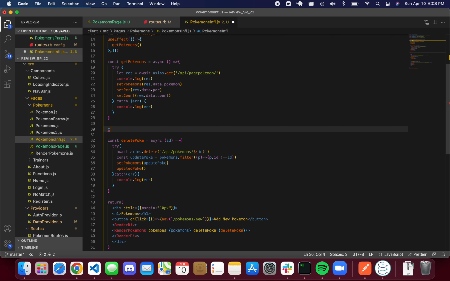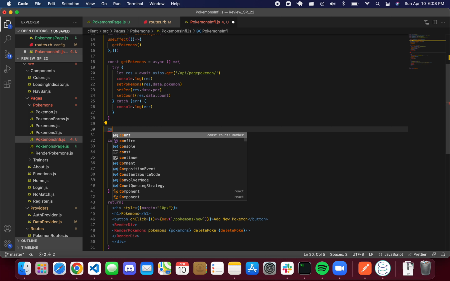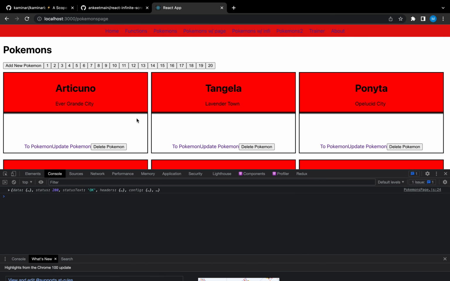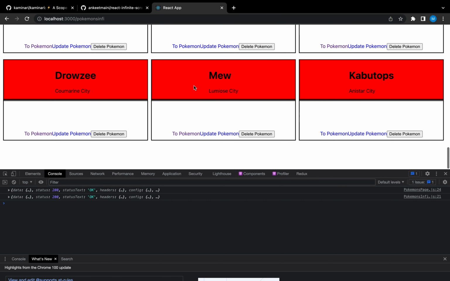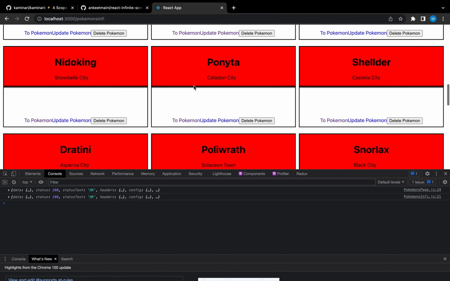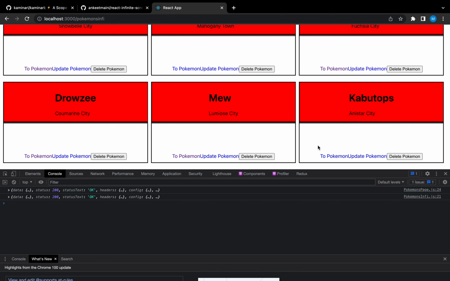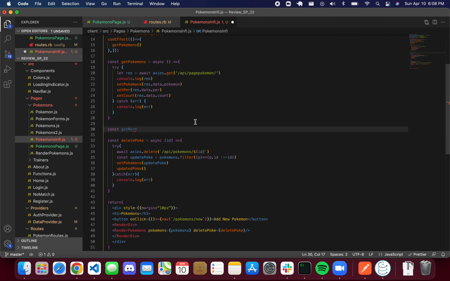For this one, we're gonna need a new thing, which is const getMore, because it's infinite scrolling, it's gonna load a certain subset. So I guess go here. This is currently our first 30 Pokemon. It doesn't load more than that. Well, we want it so that when we hit the end, it will add more. At the moment, it doesn't. So we're gonna need a function getMore. That's gonna be equal